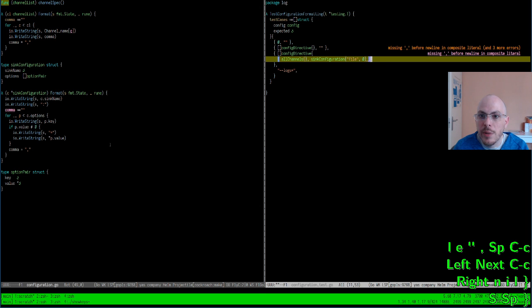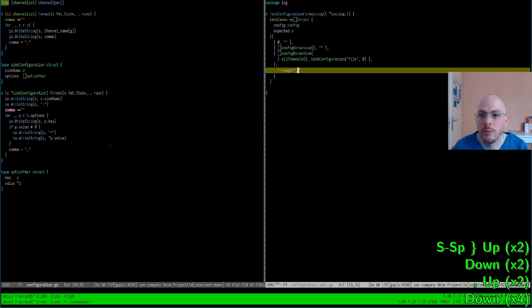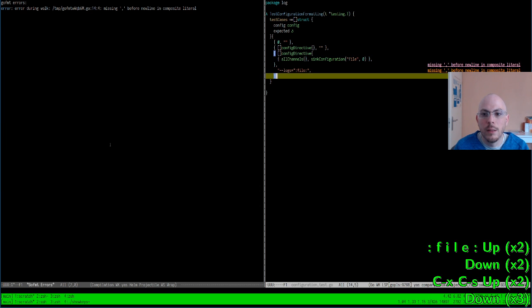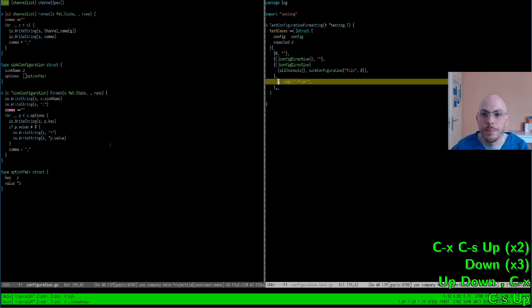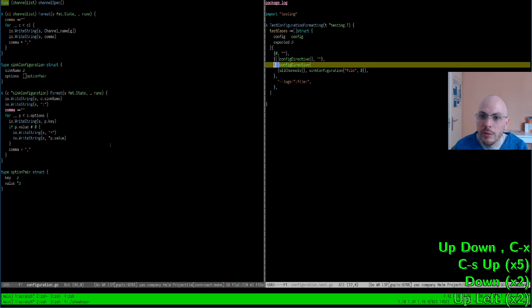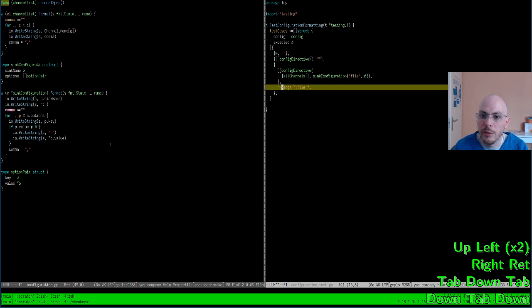That is the minimum I can have. And I have just one config, and its representation will be just one line. All channels is a star, then this, and then no options. So that sounds all right. And let's indent this a little bit so it looks nicer.